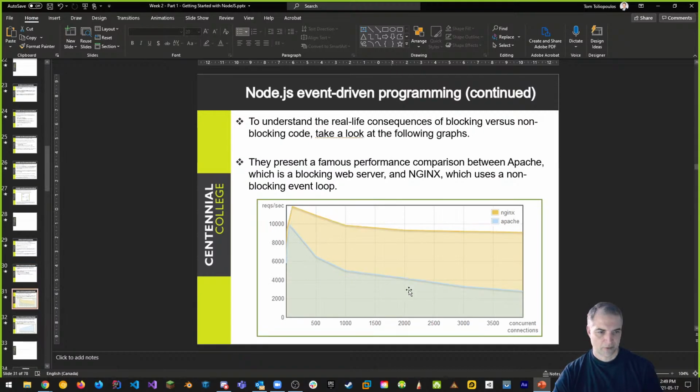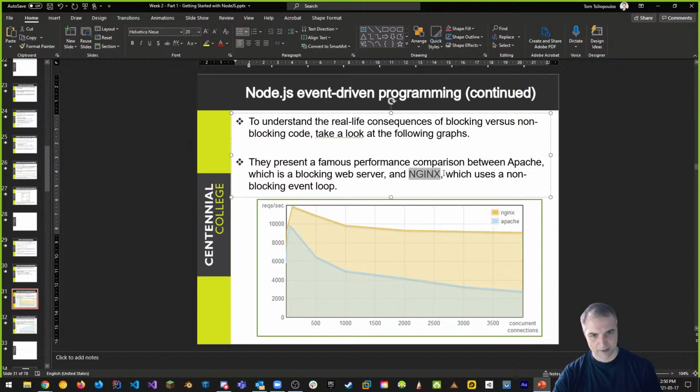So here's an example of Apache, which is what's running PHP, versus Nginx. That's what it's called. When you see something like this, Nginx is how you pronounce it. Nginx is a server type that supports Node.js. And you can see that for the number of concurrent connections, as the number of concurrent connections increases, you can